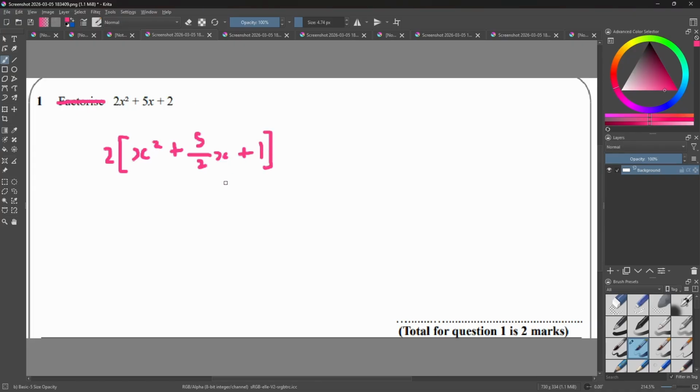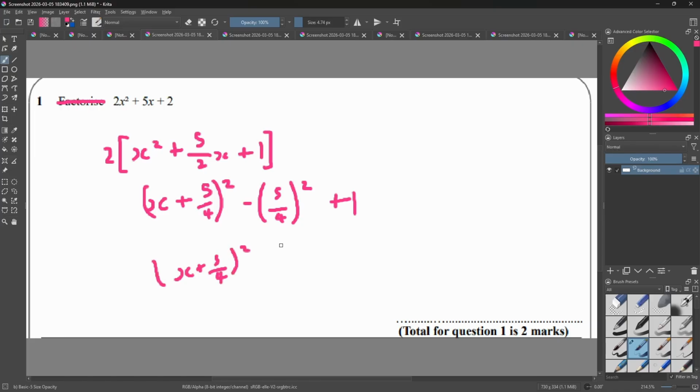And that's what we've got so far. So now we ignore the 2 for a little bit. We can complete the square with this. So we have x plus half of 5 over 2, which is 5 over 4 squared, minus our 5 over 4 squared, plus our 1. So we've got x plus 5 over 4